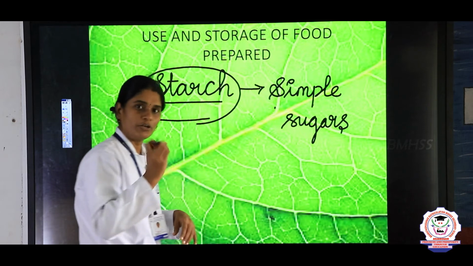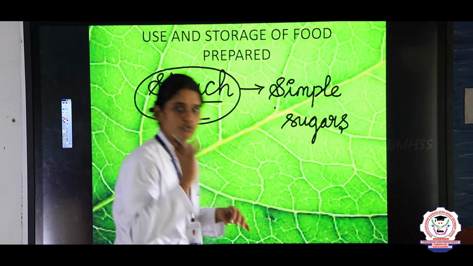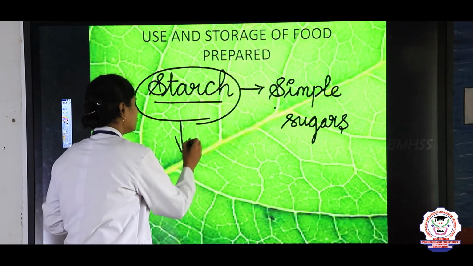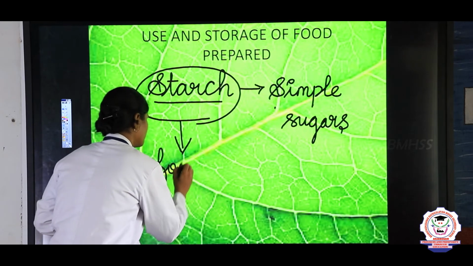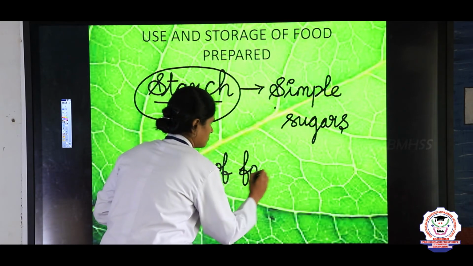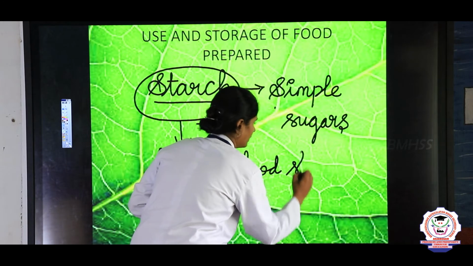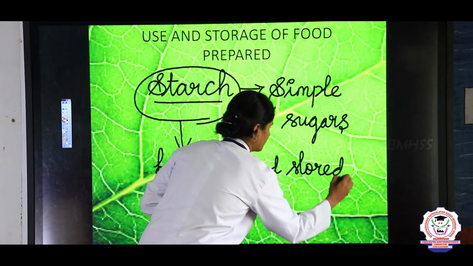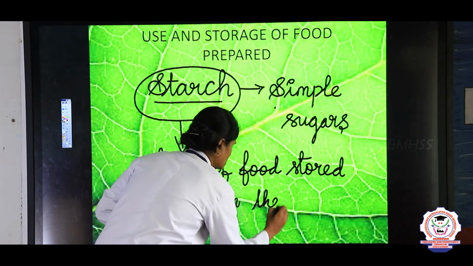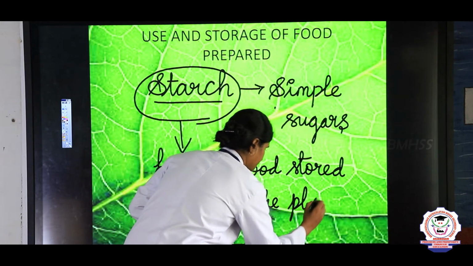When you take up and see, it is full of sugars or full of starch, right. So, starch is a form of food stored in the plants,